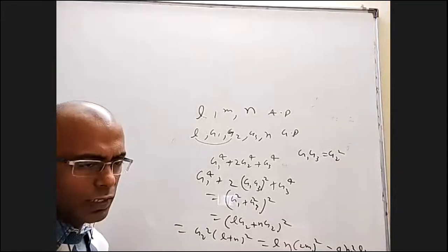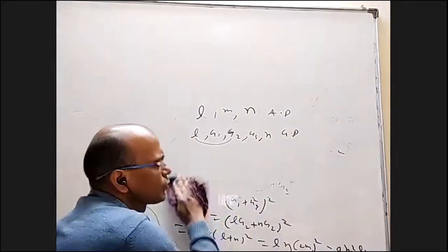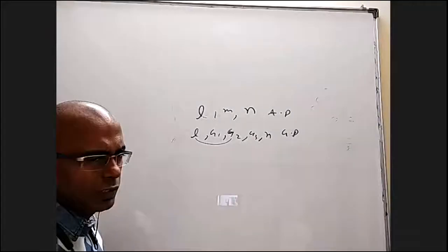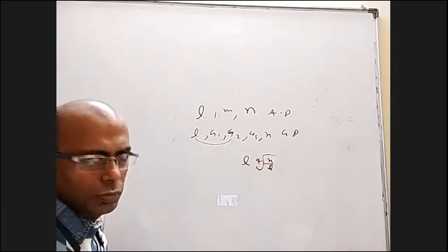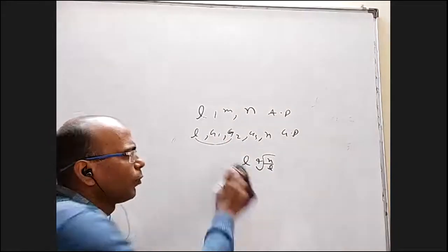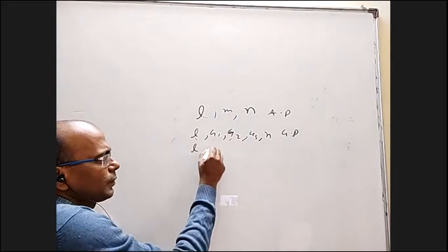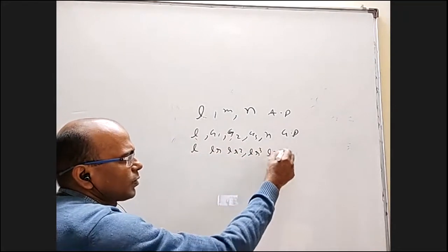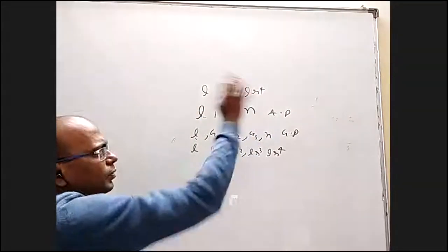I also want to say another thing. You don't have to find G1, G2, G3. You can write it and you will get L into the 4th root of N by L, and like that you can find what G1, G2, G3 are. More than that, I prefer something else. I'll tell you what it is. You take this as L, this as LR, this as LR square, this as LR cube, this as LR power 4. Here also this is L and this is LR power 4, the same LR power 4.